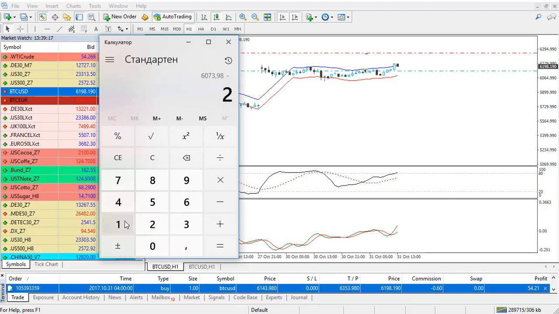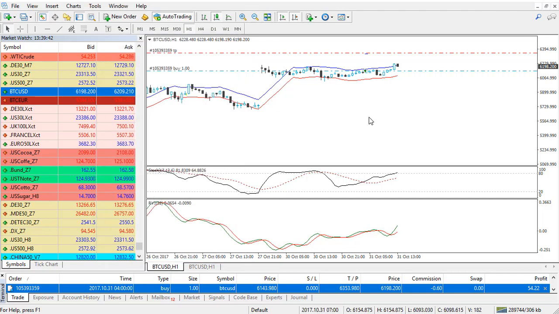So $210 lower, this would make it 5,863.98. I'm writing it right now on a piece of paper, and it's easier for me to calculate it. Okay, so I will close it now because I have it on the paper,